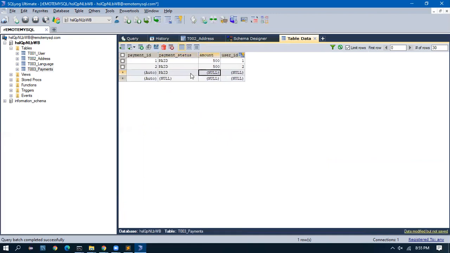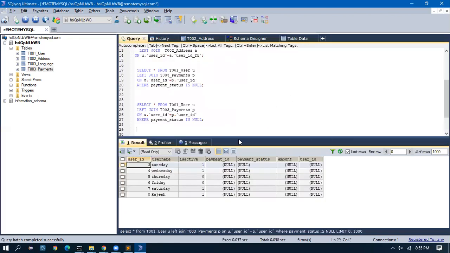The payment department has entered a $1,000 payment, but they don't know from whom it came. They have an additional payment, so they have recorded it in the system. In this case, the boss is going to ask you, can you show me all the payments done by a user, and also give me a report if something is not there which is not done by a user. In that case, we'll first do the left join and see. If we do a left join, we won't get that record because that is not having any user ID linked.